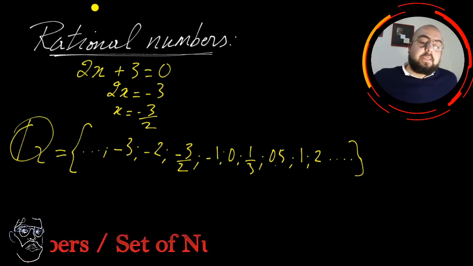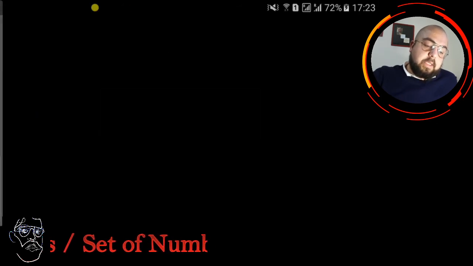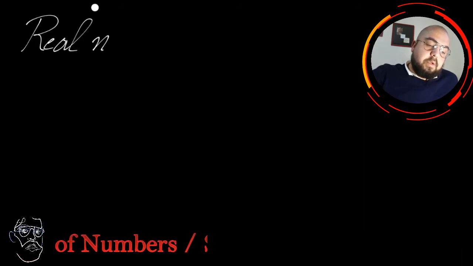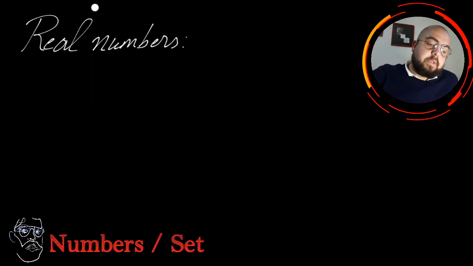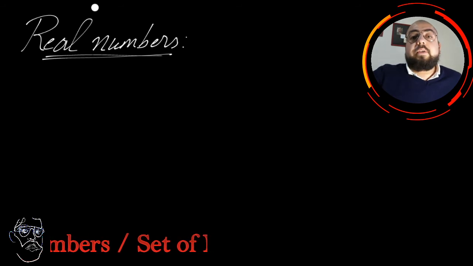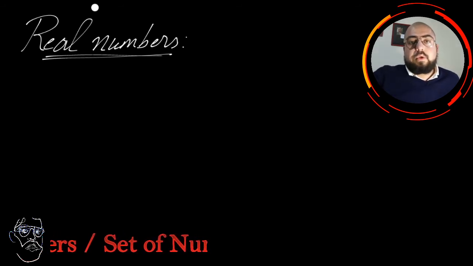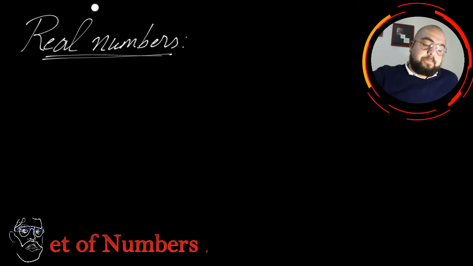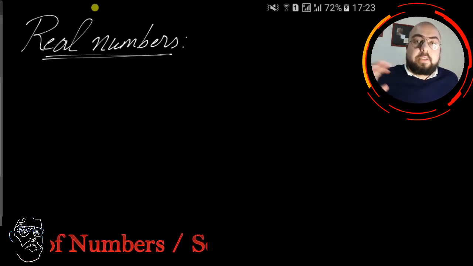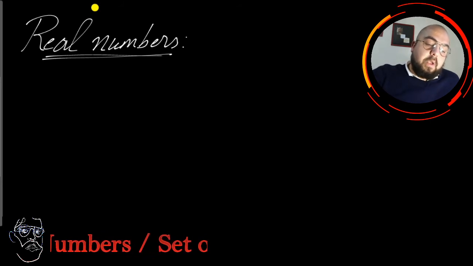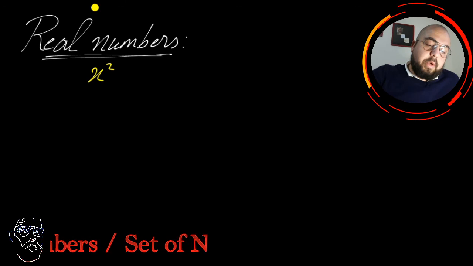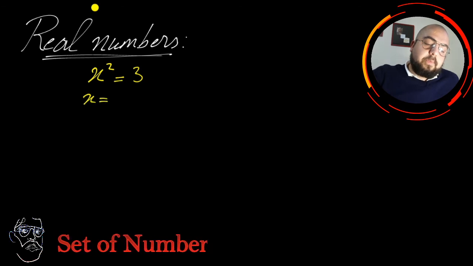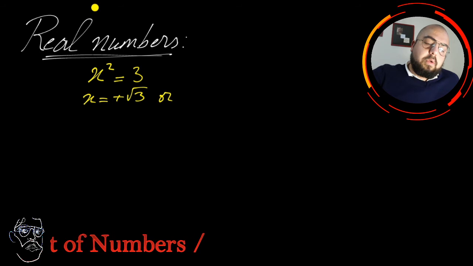The last set that we're going to talk about is the set of real numbers, and actually most of our equations are solved regarding the set of real numbers. Of course, we have another set which is the complex numbers, but we're using the real numbers. We were able to talk about this new set called real numbers when we had to solve an equation x squared is equal to 3. We were able to find that x is equal to plus square root of 3 or minus square root of 3,